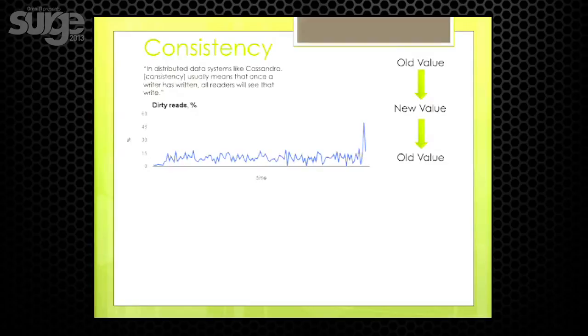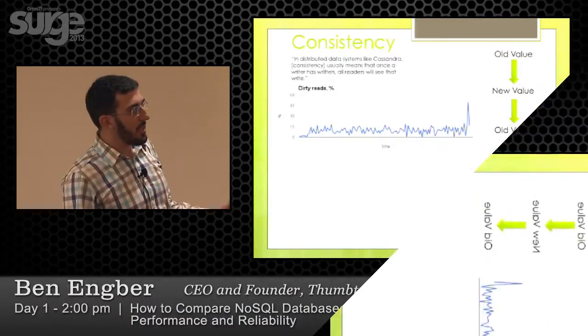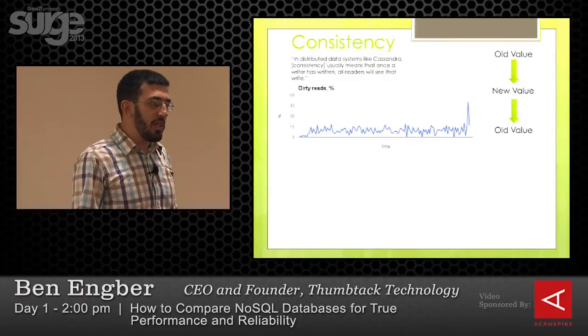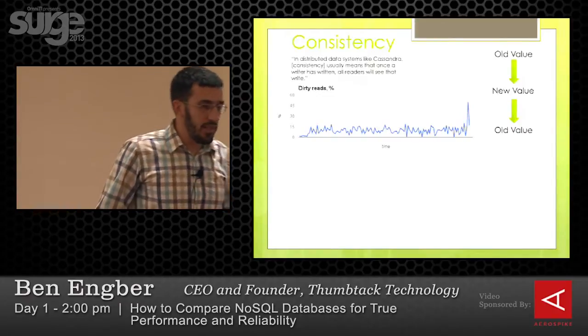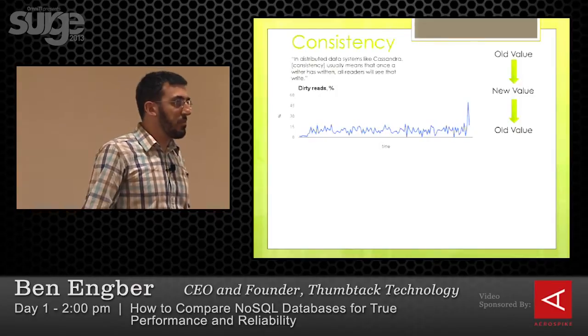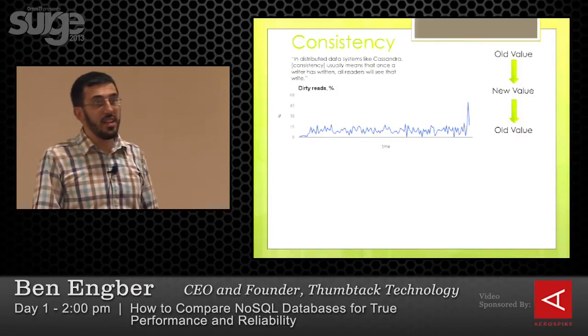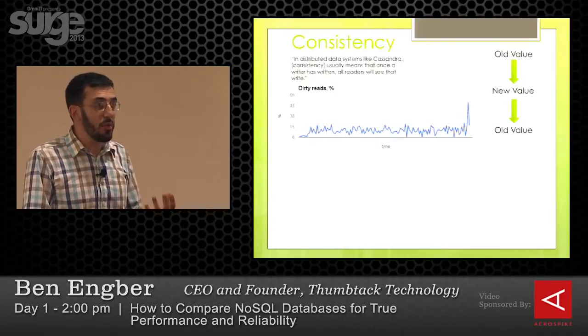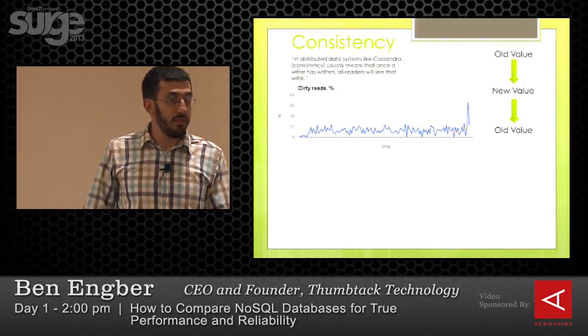So I'm going to take a step back and just focus on consistency a bit, because consistency as defined in these distributed systems is a little bit different from how we're used to thinking about relational data. And this is from the DataStax website. It says that once a write completes, reads are guaranteed to get at least that write. And what we just described will meet that definition.